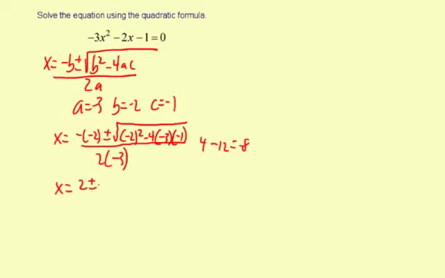So it's going to be 2 plus or minus the square root of negative 8, all over 2 times negative 3, which is negative 6. Now simplifying further, this negative 8, you have a square root of a negative number, so that means you're going to have imaginary numbers. So x equals 2 plus or minus i square root of 8 all over negative 6. Now this square root 8 is 4 times 2. Square root of 4 times 2,